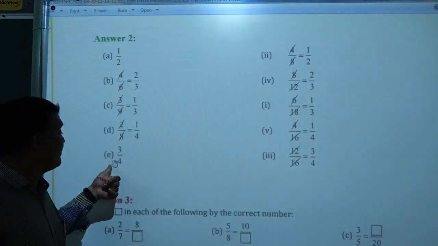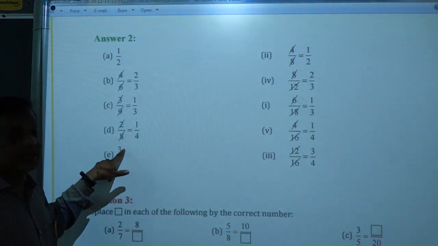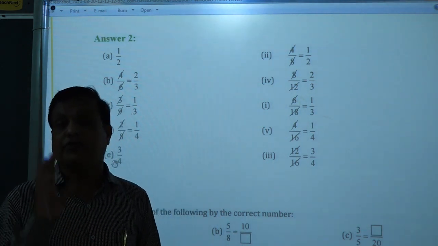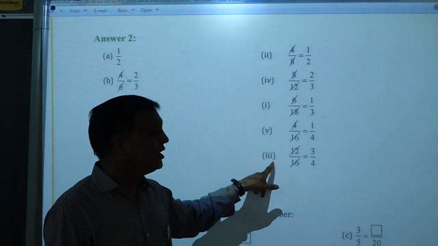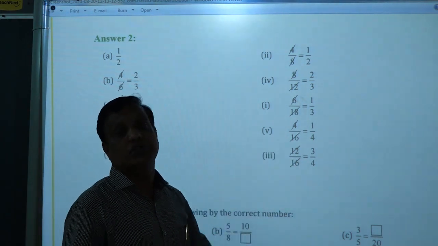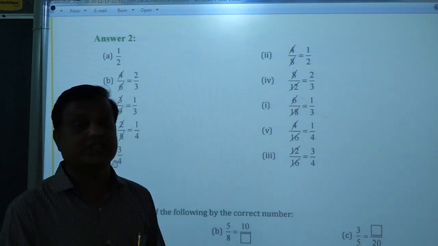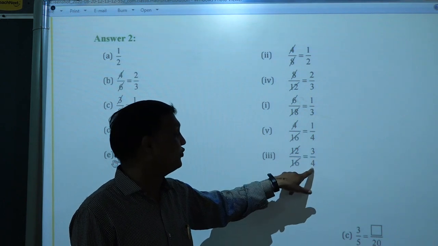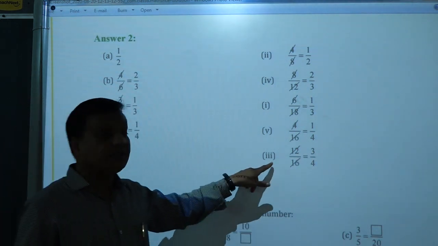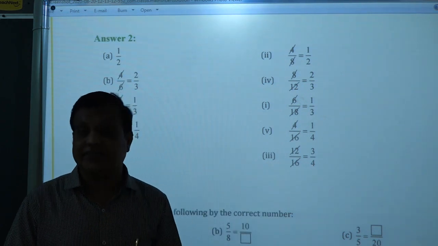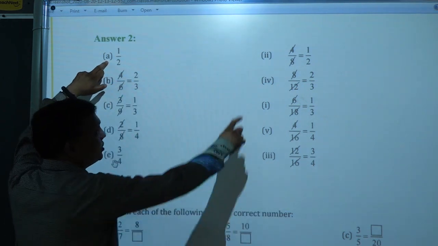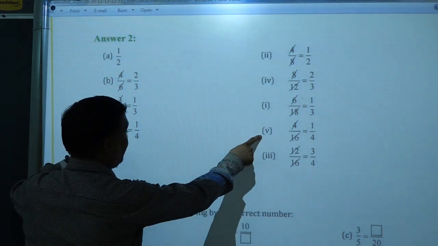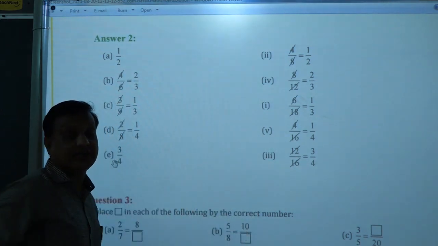The last one, E, all 4 parts are given. Out of 4, 3 are colored. So 3 upon 4; this fraction is not going to be reduced, so 3 upon 4 as it is. And if you see the third bit, out of 16, 12 are colored. So 12 upon 16. If you reduce 12 upon 16, 4 3s are 12, 4 4s are 16, the reduced fraction is coming 3 upon 4. So the E bit is matching with the third bit. So these are the matching fractions. Here I have written A, second bit; B, fourth bit; C, first bit; D, fifth bit; and E, third bit. These are the fraction matchings.